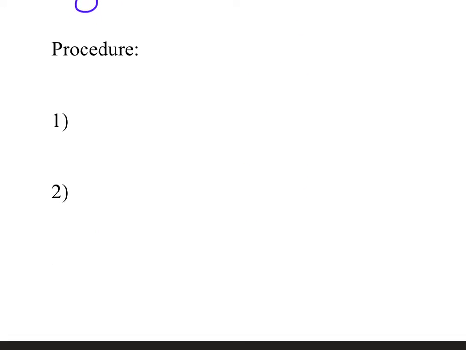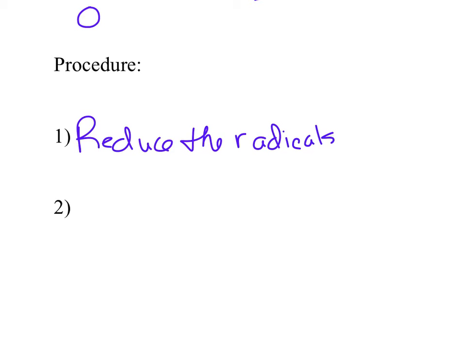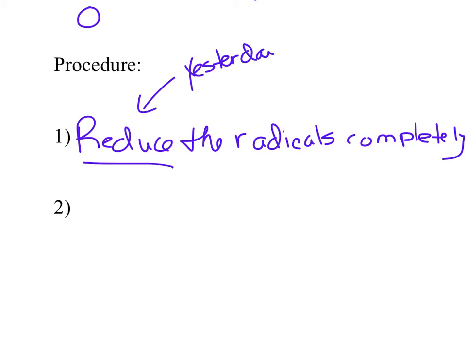All right, so adding and subtracting radicals. So the procedure is you reduce the radicals. Okay, I'm writing with my finger right now, so I'm sorry. So that's what we did yesterday. By completely, I mean you have to make sure you picked the largest perfect square. So this is what we did yesterday, or the last lesson. Okay, and then add or subtract, same as we did with the x's and the y's, we're going to add or subtract